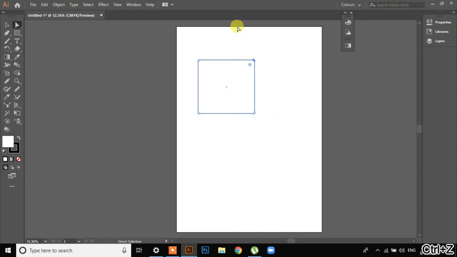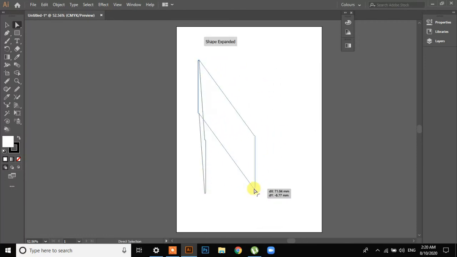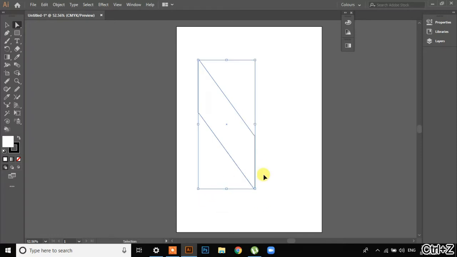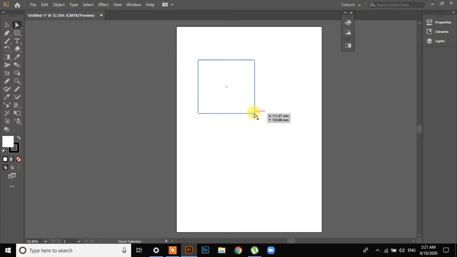Okay, now if I want to select 2 points, I'll select those 2 points. Now I will rotate them like this, like this. They are not looking nice right now, but obviously you can use it according to your needs. So I'm pretty sure that you know the difference between the selection tool and the direct selection tool. The selection tool selects the whole image and the direct selection tool can select the specific anchor points. What are anchor points? This is an anchor point, this is an anchor point, this is an anchor point, this is an anchor point. Basically the edges, the point where two lines meet in a shape, that is called an anchor point.